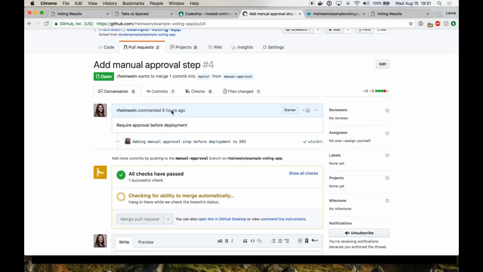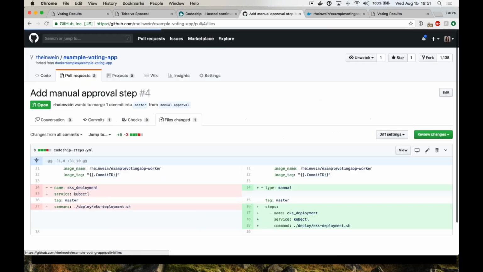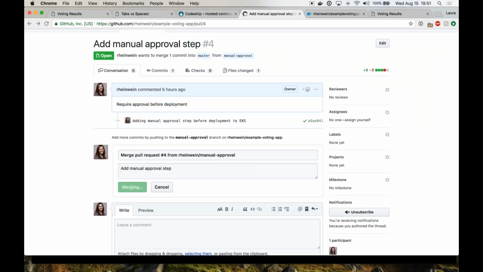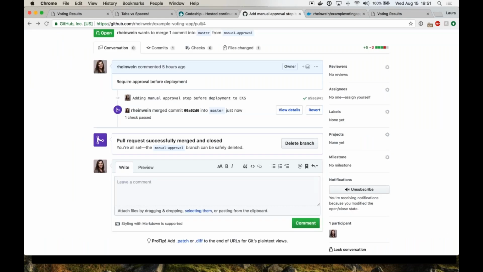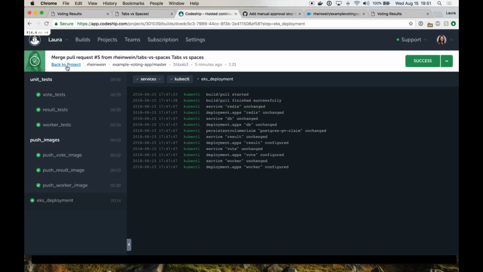So I've taken the liberty of preparing the PR beforehand just to make sure that we have enough time. This is introducing to you a new step type called manual. I'm going to make sure this manual step is only applicable for builds running on master, and then I'm just going to hide my EKS deployment behind it. So when I merge this, I'm going to enable manual steps, and we'll be able to see